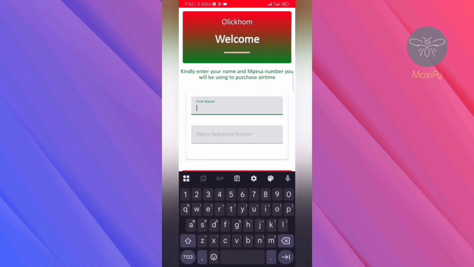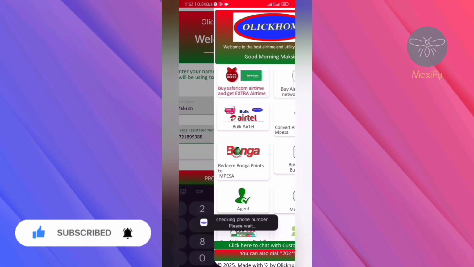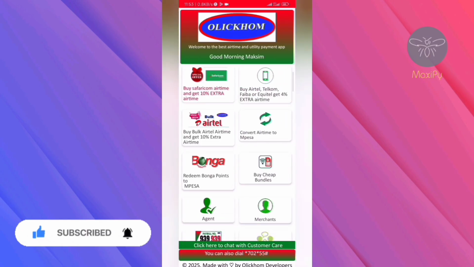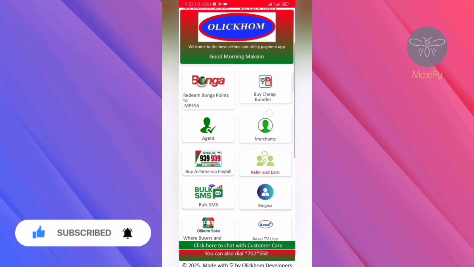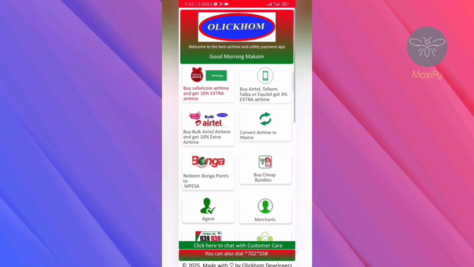I need to just type my name and then my number, 078999388, and then I'll proceed. Okay, I have registered for the app. There are several options on this app. I just need to click on convert airtime to M-Pesa,